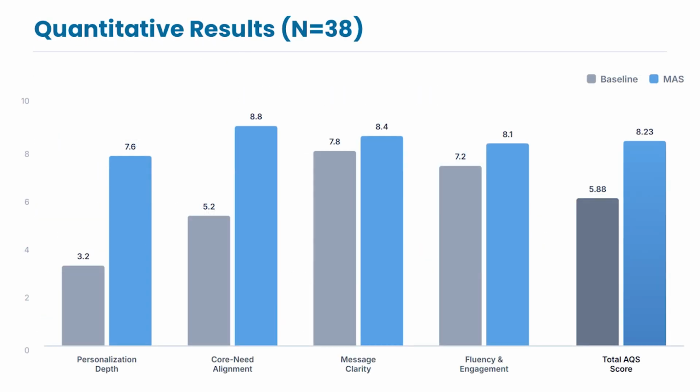Across the 38 results, we can see the total AQS score was brought up from 5.88 to 8.23, where the biggest jump came from personalization depth, where the score nearly doubled. Linguistically,